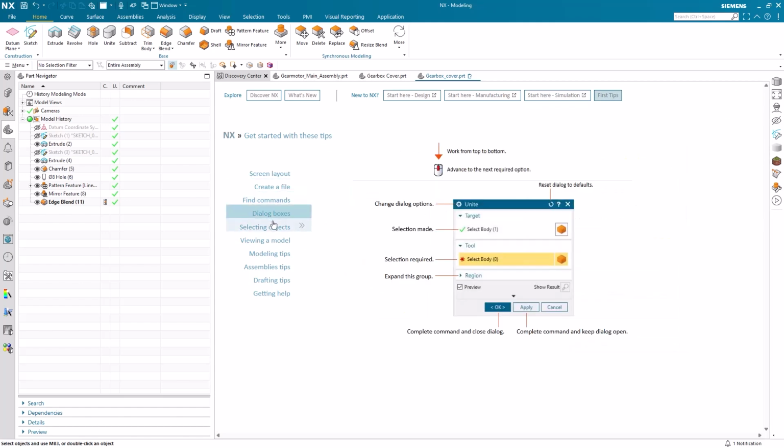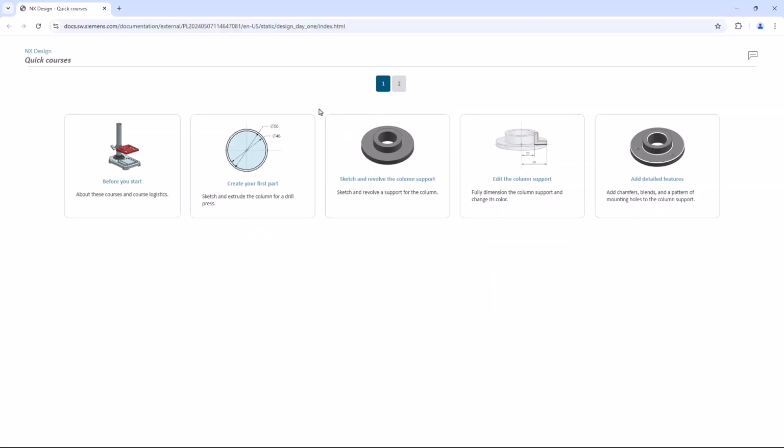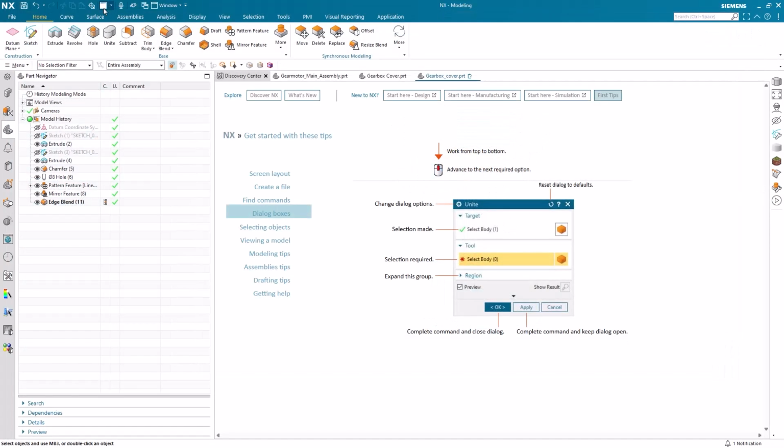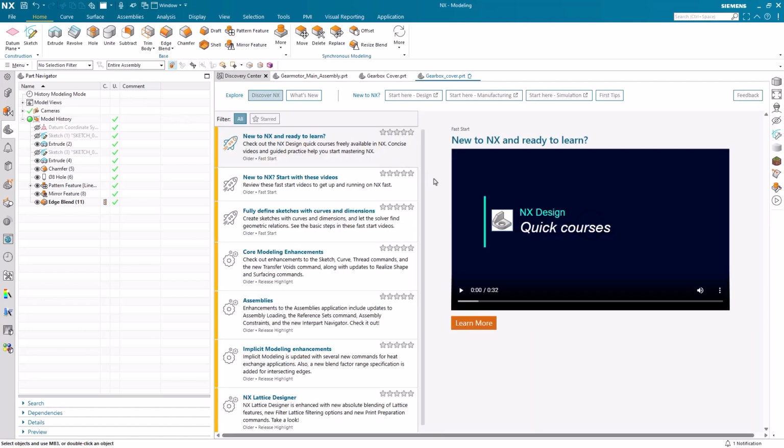Clicking on any of these links will open a new window in your browser with additional tutorials and resources to further your learning experience. The best way to go about improving your design capabilities is to continue practice with new design challenges. Using these tutorials and resources provides a bit of guidance, but any modeling in NX will help.